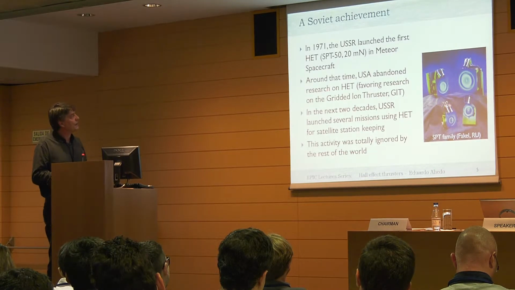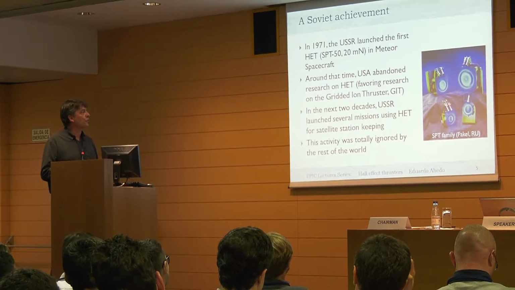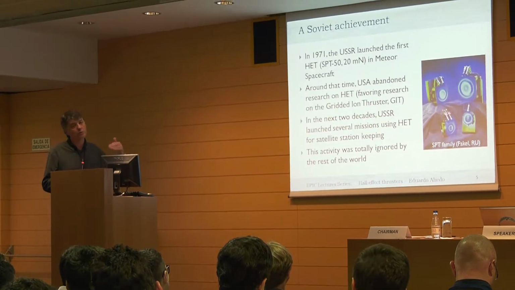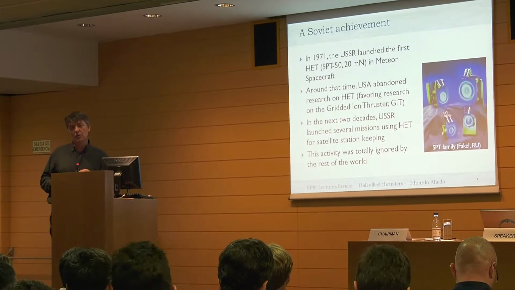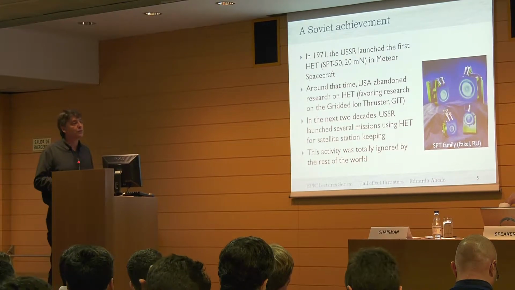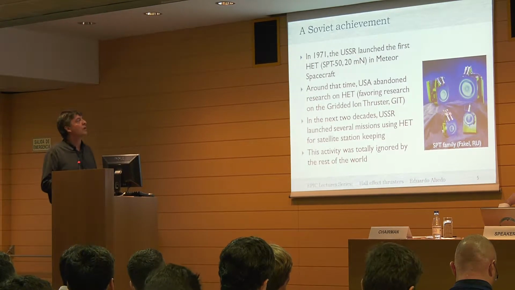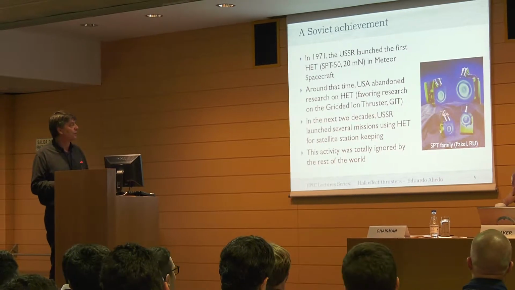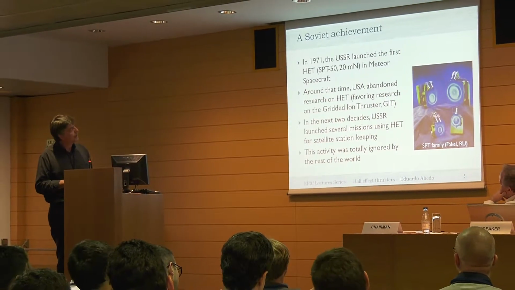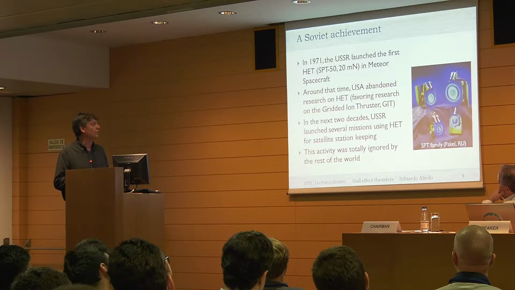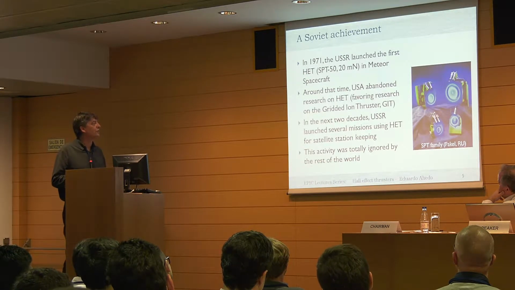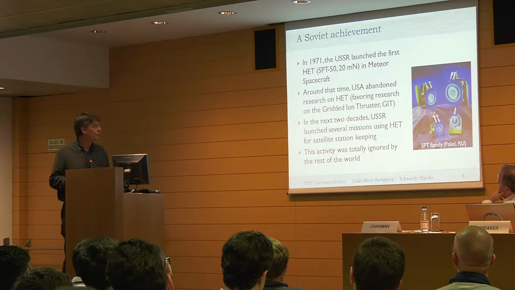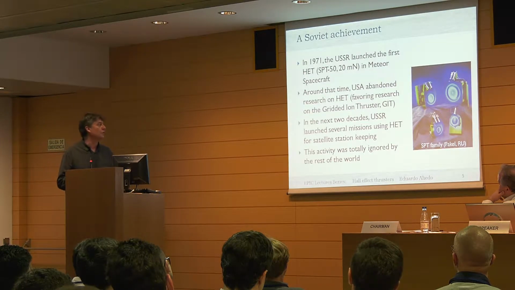And more or less around that time, the USA abandoned the research on the Hall thruster because there were some issues about oscillation. It was more difficult to control than the ion thruster, so they thought that the ion thruster was a better thruster to develop, so they favored the research on the grid ion thruster. So in the next 2 decades, the Soviet Union launched several missions using Hall thrusters for satellite station keeping, okay? And this activity was totally ignored in the rest of the world. In what is called the Western world, we didn't know